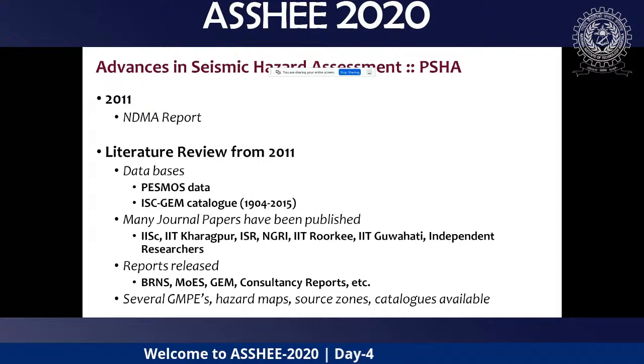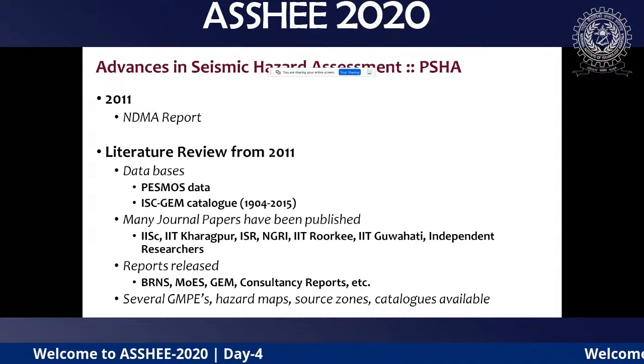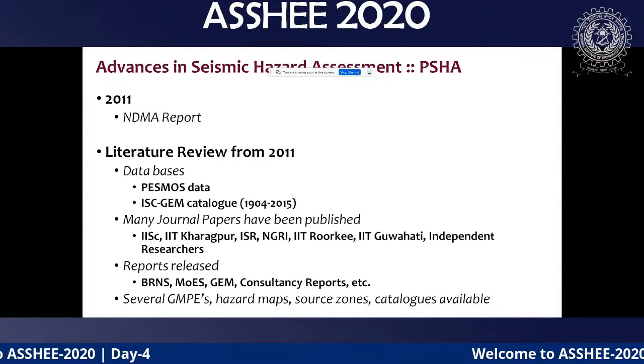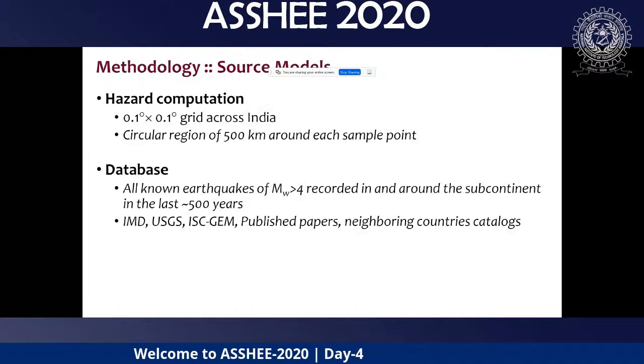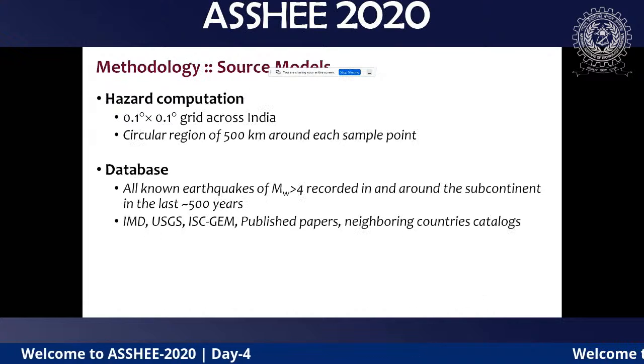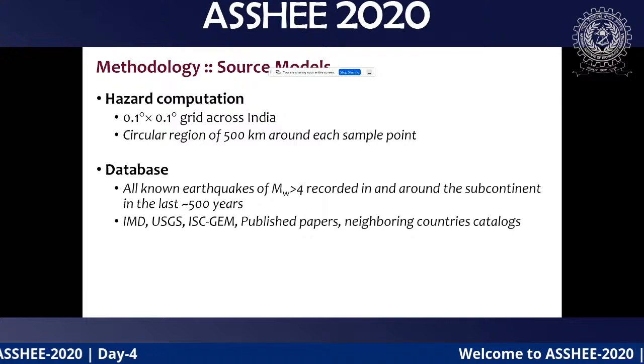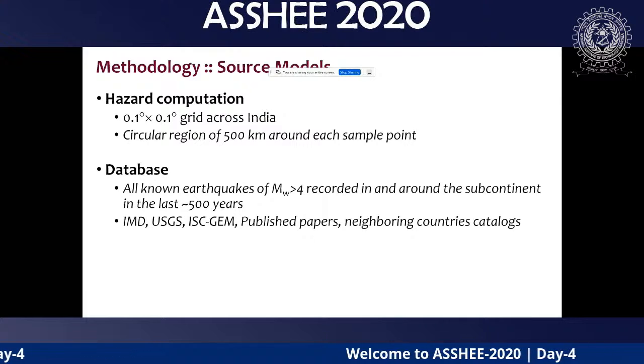Many consultancy reports are there, and there have been several GMPs, hazard maps, source zones, and catalogs available. In the last 10 years, there has been a huge advancement in seismic hazard in India. So now, to develop this hazard map for the Indian building code, the methodology was drafted by the